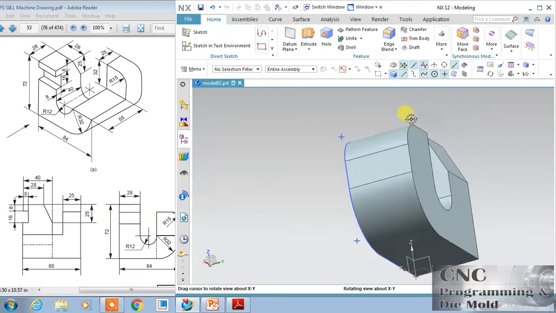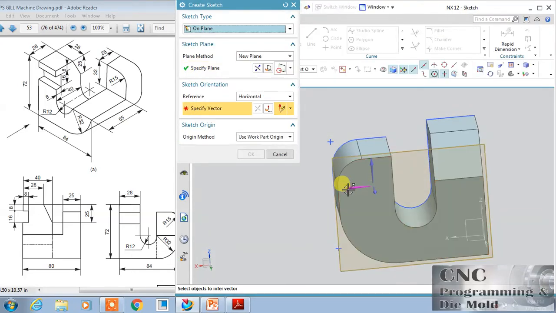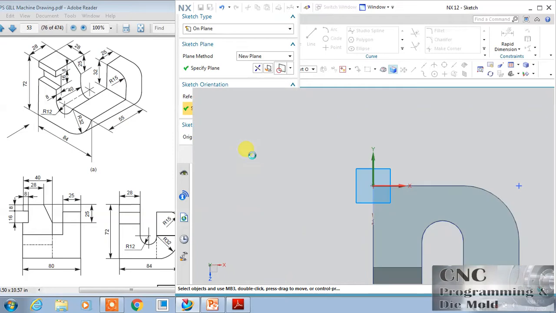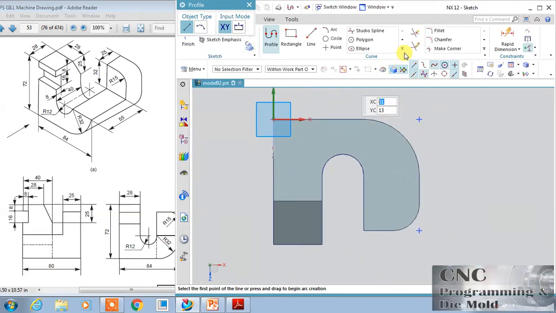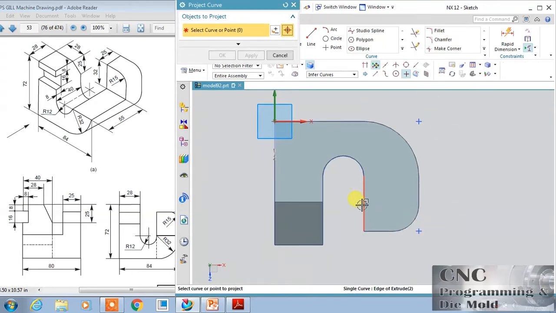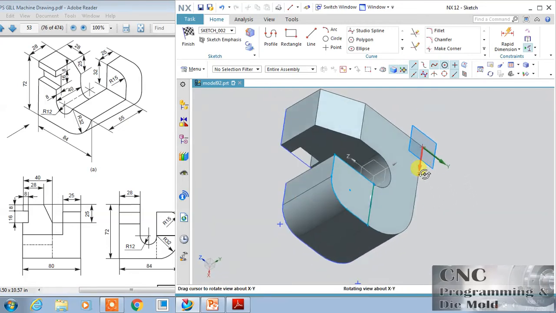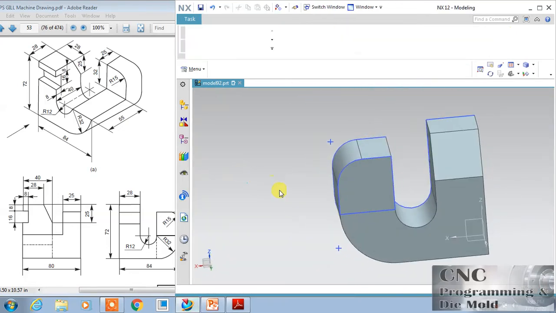So just come over this face and select. Here I will take this project curve, project this curve. OK, and close this. This is my face.